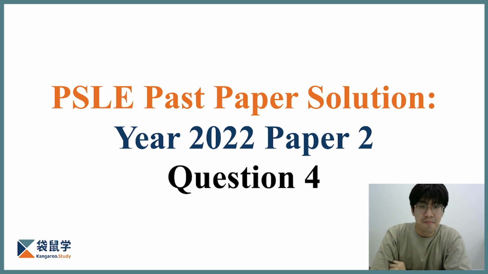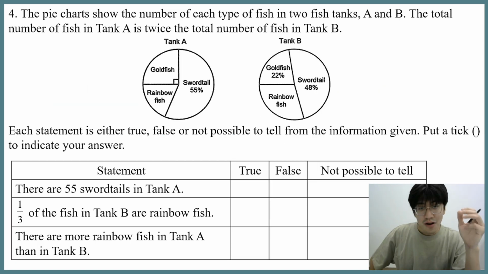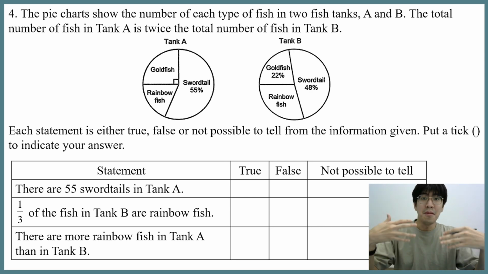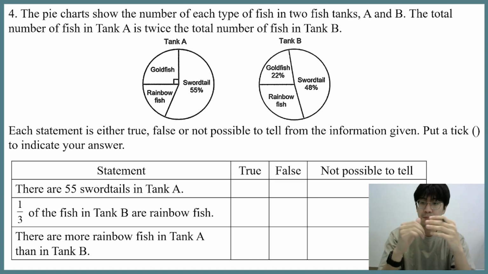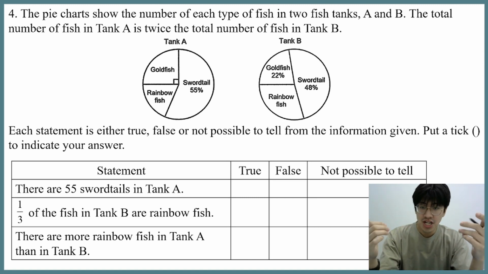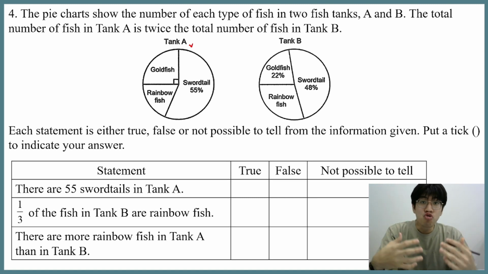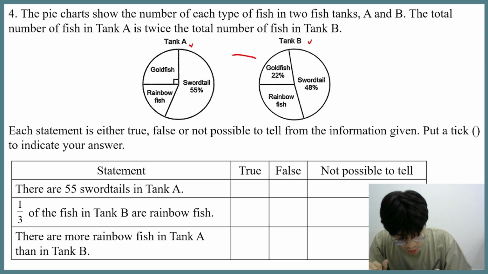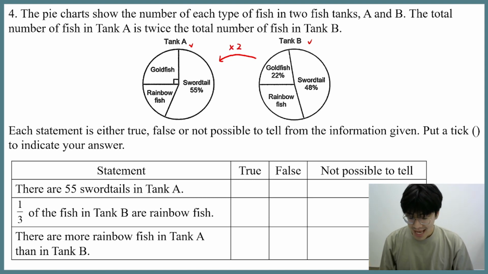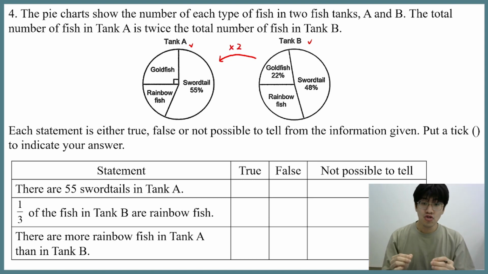This is Teacher Cedric. Let us look at another PSLE question. Now the pie chart shows the number of each type of fish in two fish tanks, A and B. The total number of fish in tank A is twice the total number of fish in tank B. So we know A is twice of B. And each statement is true, false, or not possible to tell. And it is our job to tell